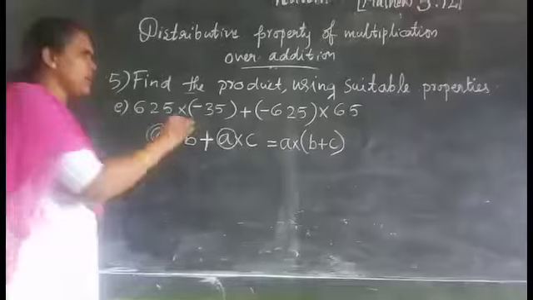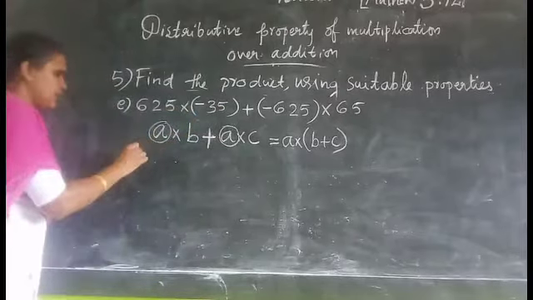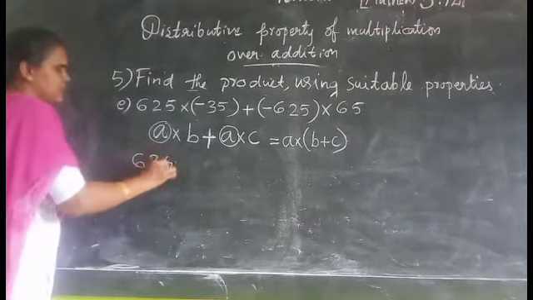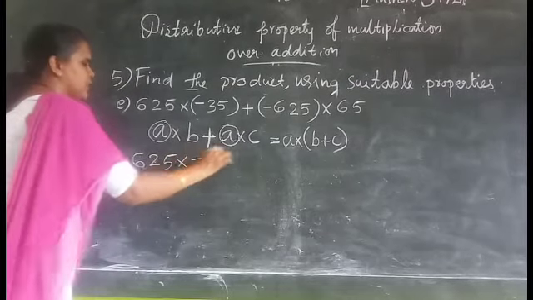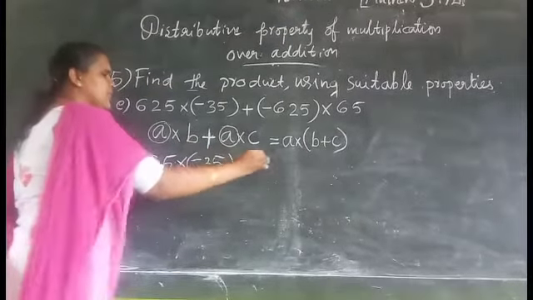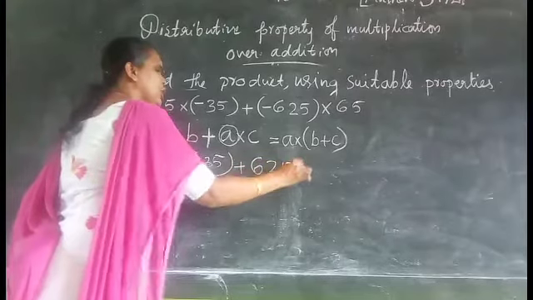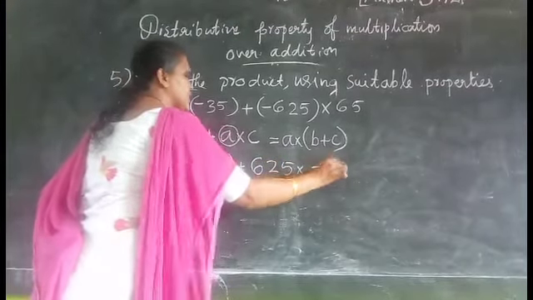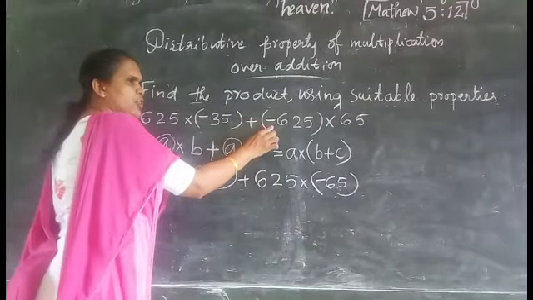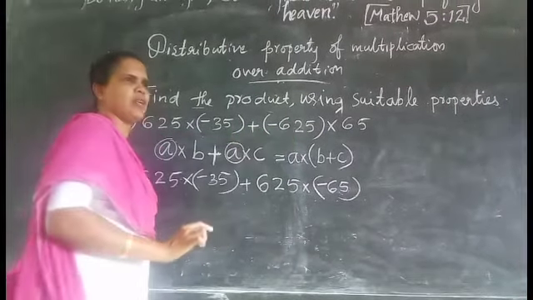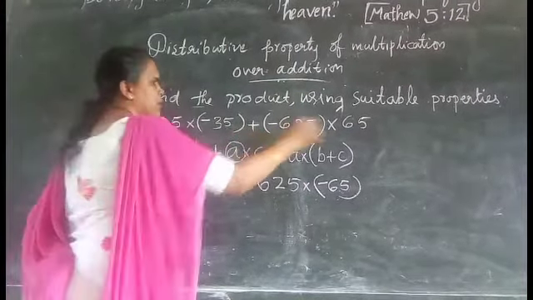So you rewrite this question in this form: 625 into negative 35 plus 625 into negative 65. In your textbook it is negative 625 into 65, and